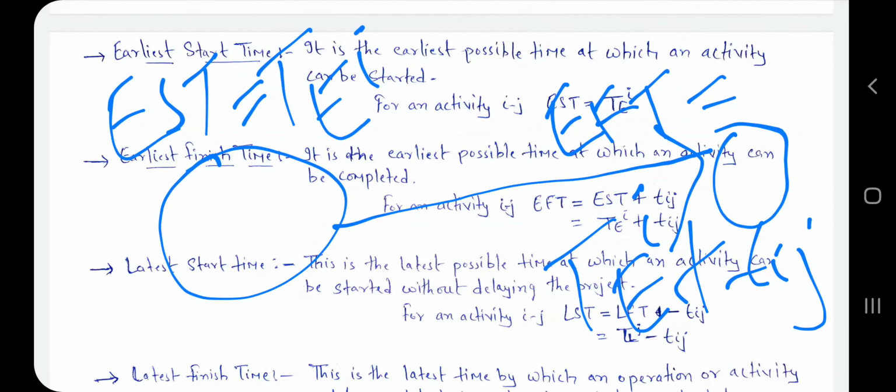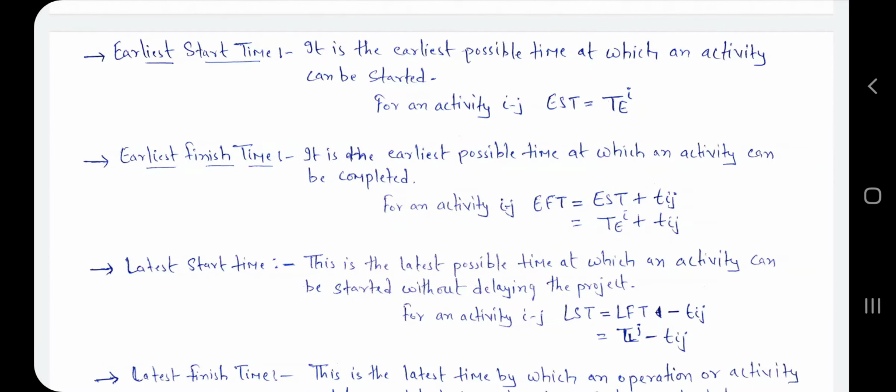If TEI is equal to 4 and Tij is 4, then we get 8, so EFT is equal to 8. That means the earliest start time is 4 and the earliest finish time is 8. In this manner we find the EST and EFT values.